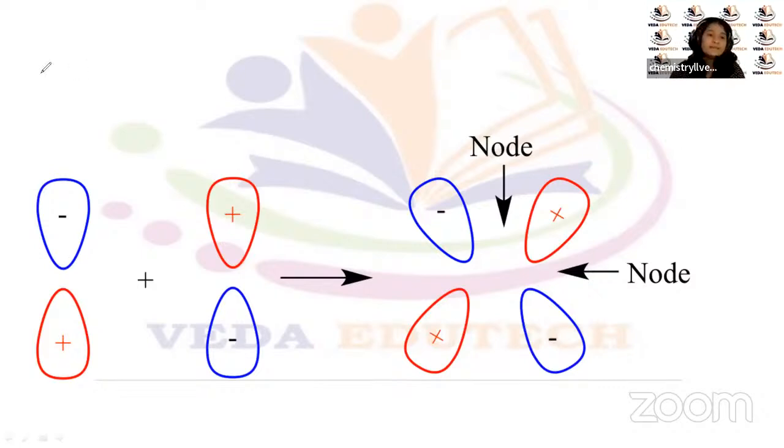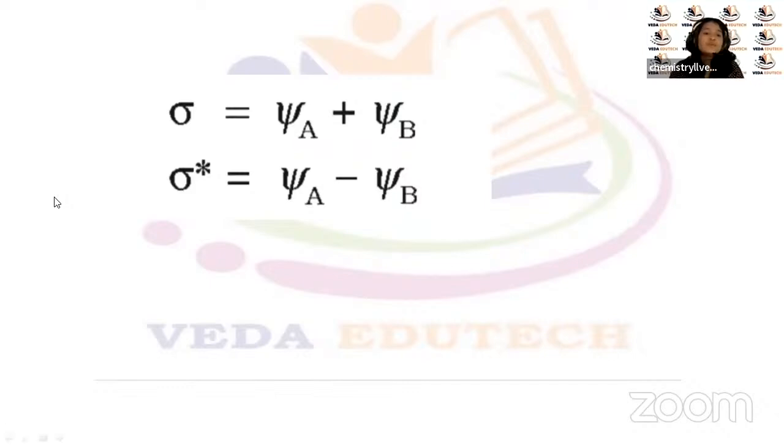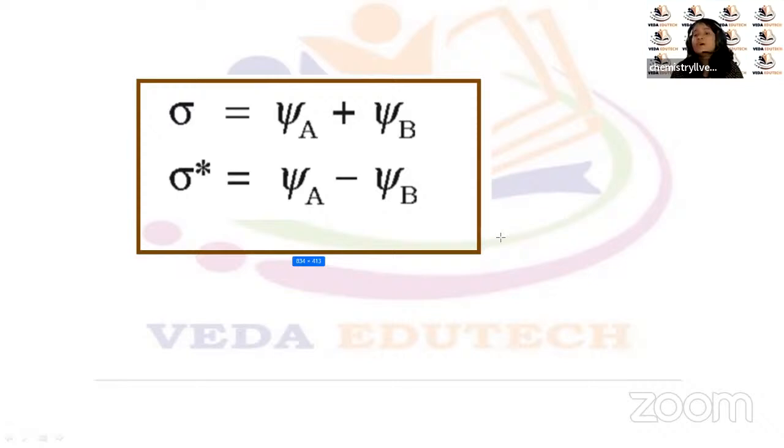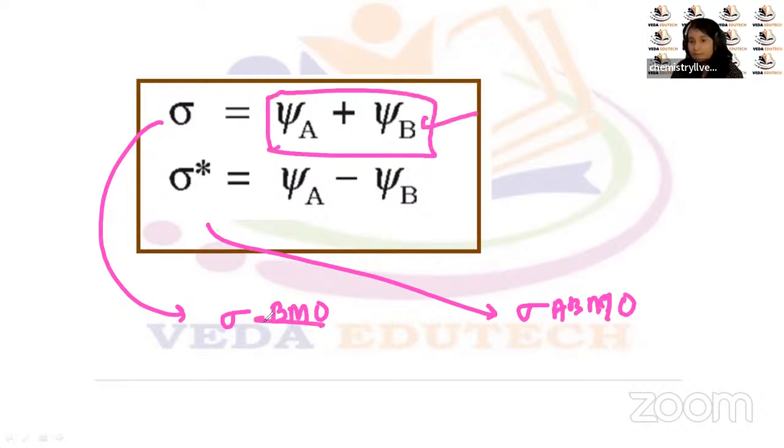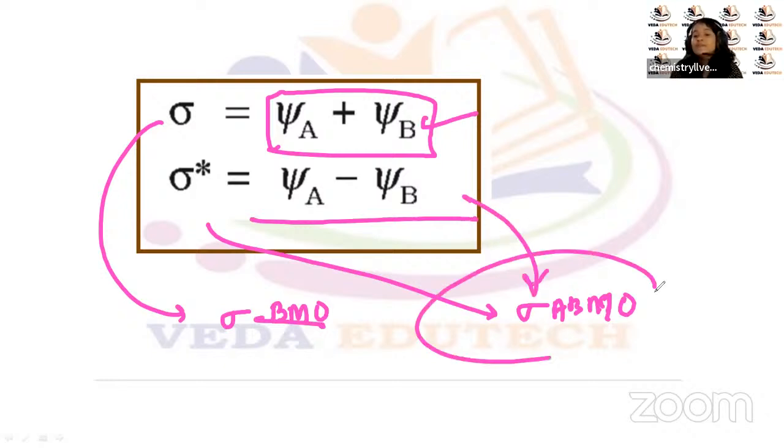यस, आगे चलते हैं। तो बेसिकली हमको दो चीजें पता चला, अगर हम यहाँ पे सिग्मा एमओस का बात कर रहे हैं, तो एक होगा हमारा यहाँ पे जो बना है, दिस इज योर सिग्मा बॉन्डिंग मॉलिक्यूलर ऑर्बिटल, और ये जो बना है दिस इज सिग्मा एंटी बॉन्डिंग मॉलिक्यूलर ऑर्बिटल। जैसे कि तुमको पता चला, जब हम एटॉमिक ऑर्बिटल्स को ऐड करते हैं तो हमारा बॉन्डिंग मॉलिक्यूलर ऑर्बिटल फॉर्म होता है, जब हम उनको माइनस करते हैं, जब आउट ऑफ फेज होते हैं, तो ABMO फॉर्म होता है। ठीक है,